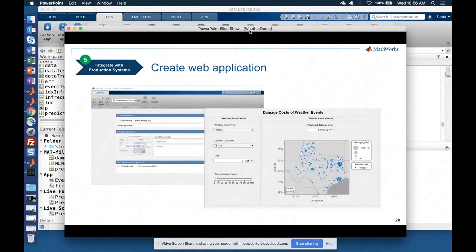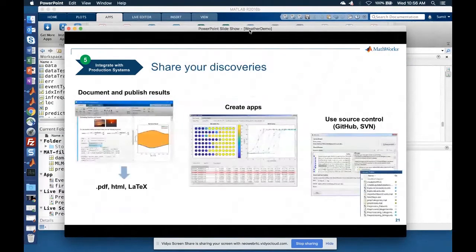And you can even integrate with production systems. We saw an example of how you can create apps in MATLAB using App Designer, and the same app can easily be deployed to run as a web application from a web page as well.